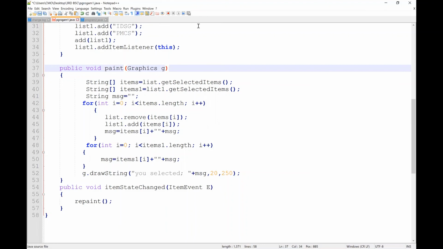Using this, we remove subjects from the first list and add subjects to the second list, and this message will be displayed along with it. After doing this, we need to give a message to the user that you have selected a particular subject. After that, you need to change the state of the list. This is your first lab program.